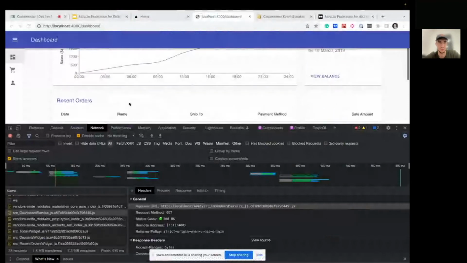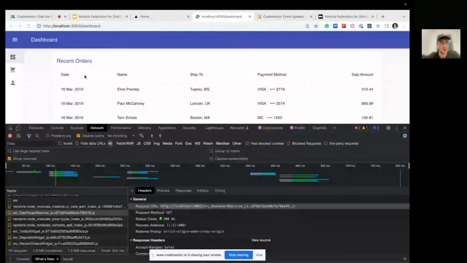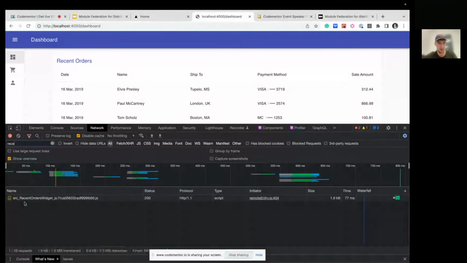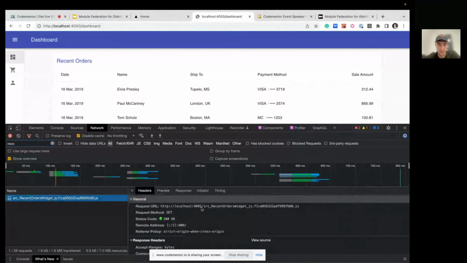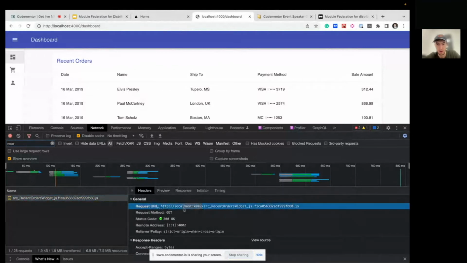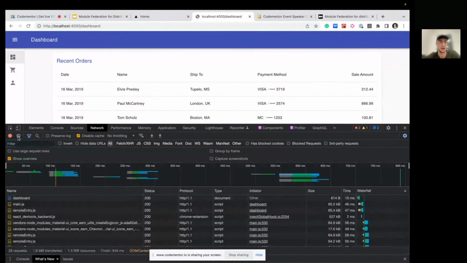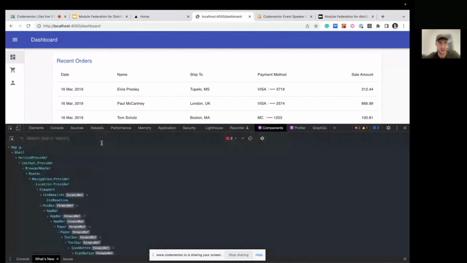But as you can see, on the dashboard I have a recent orders widget. That's why I need to import another micro frontend module from another port where my orders container is hosted. In production, it might be just a different path in the CDN. And everything works nicely. As you can see, it's just a single React DOM tree, good performance, no duplication